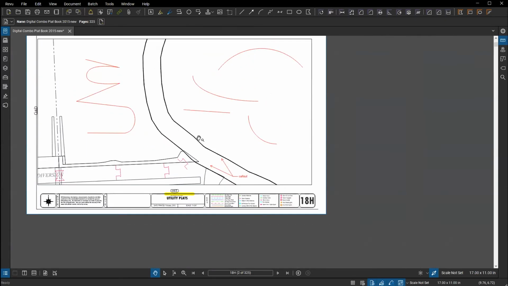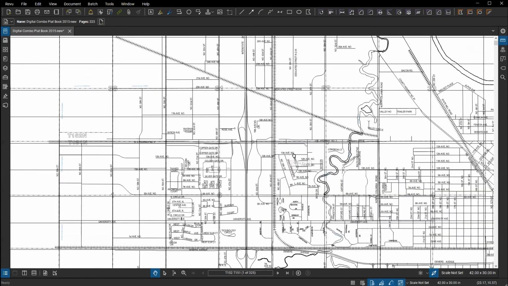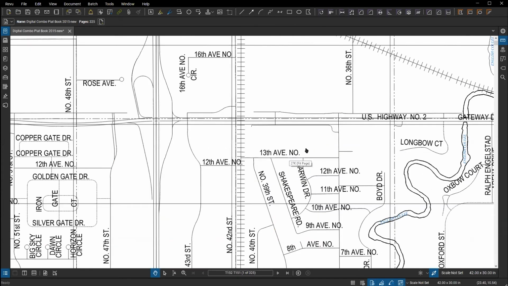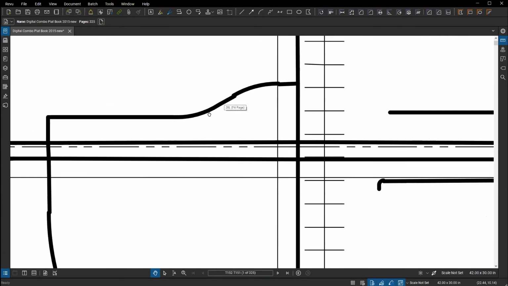So just a real quick tip for a display function. This is something that I tend to have turned on all the time: disabling the line weights. You may get some PDFs supplied to you that have really thick lines being used, and they look great as far as printing on paper. It comes across well. You have the proper line weights. It looks fantastic on paper. It may not be that useful within a digital version of that online here, so you can simply disable the line weights. I turned mine back on again, so I'm just showing what's changing here. So these thicker lines I've got right here,